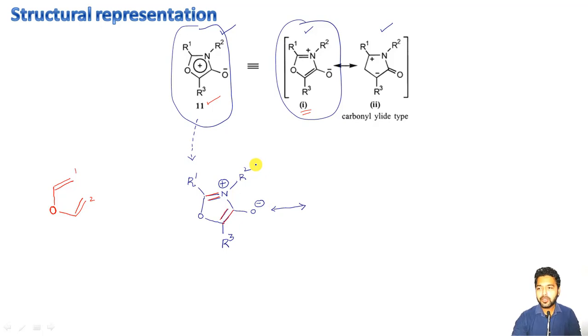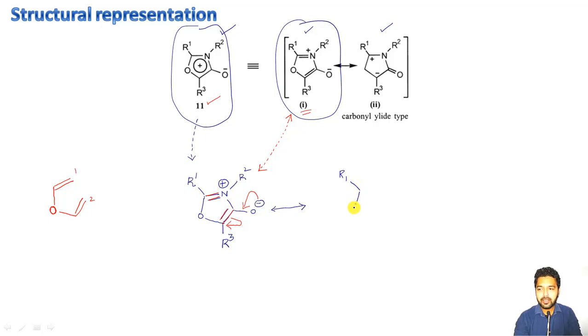But before that, you can check that this representation here is exactly similar to this one here, right? This representation is exactly similar to this one. And after that, I simply have to draw the resonating structure, and that can be done in this way. These electrons are shifting from here, and these two electrons are shifting from here to here, giving this type of resonating structure. Let me be quick on this.